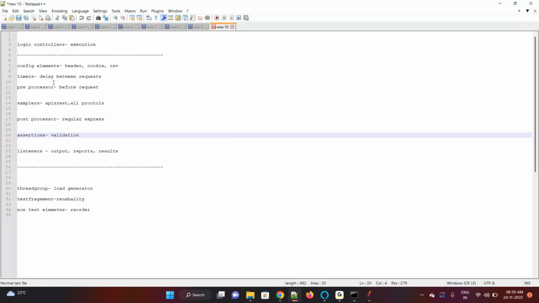Okay, now we'll discuss these components one by one, right? So now let's go to assertions. What is an assertion? Validations. True or false, to check whether your response is properly coming or not. So when you're running the script, we check manually whether whatever we requested from the API